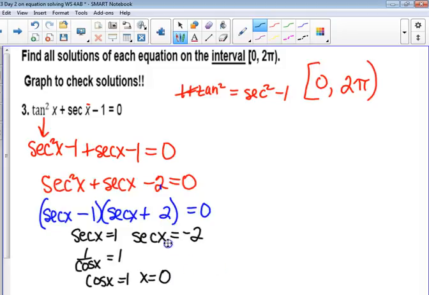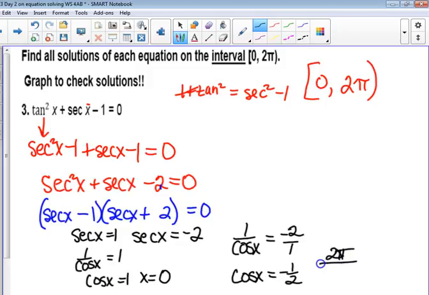Okay. This one says the secant is negative 2. Well, that would mean 1 over the cosine is negative 2 over 1. I could do some cross multiplying and dividing, or I could just flip them both over, right? And the cosine would be negative 1/2. And where is that true? 2 pi over 3 and,